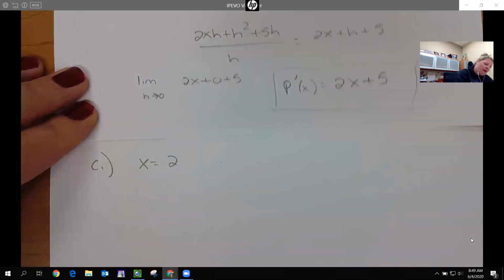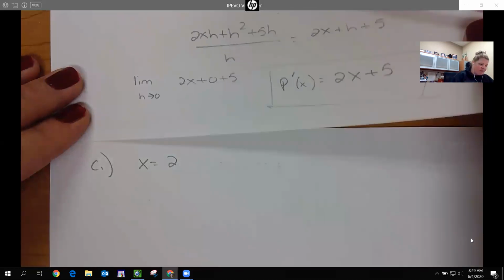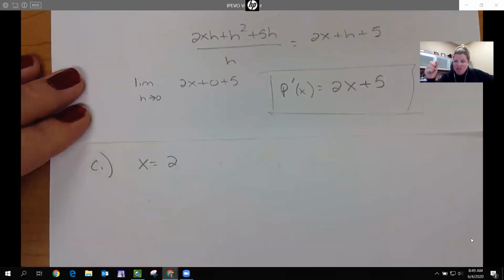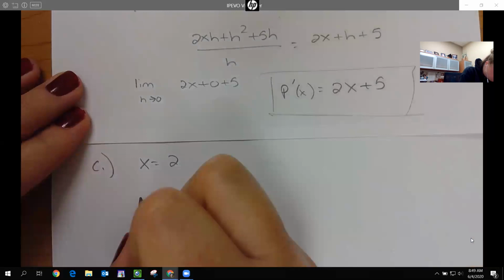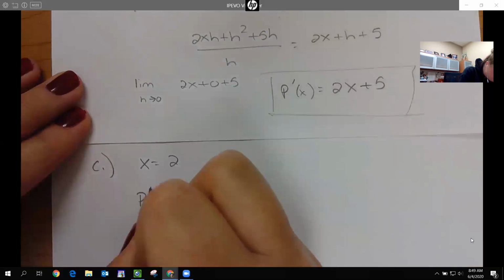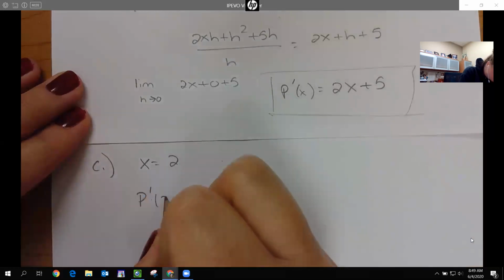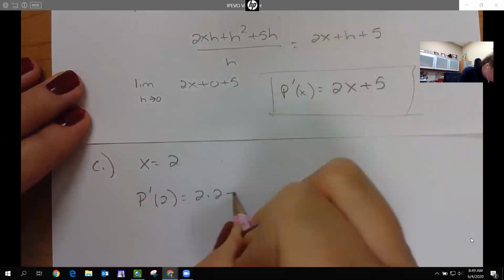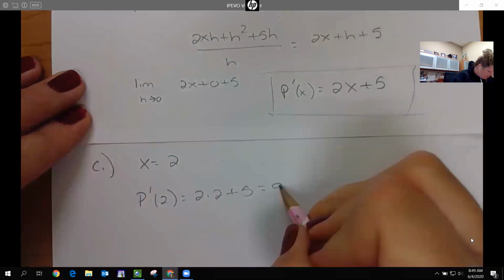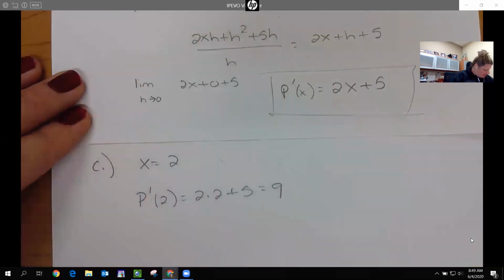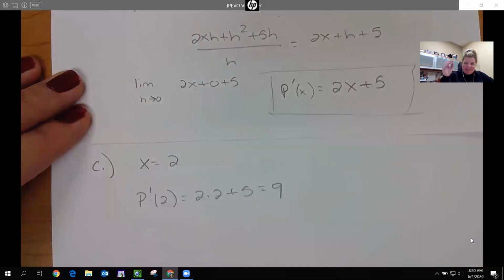Okay, so if x is our number of items, what is the instantaneous rate of change if I sold 2 items? Okay, so I would put that into my prime, my 2, and I would have 2 times 2 plus 5. So 2 times 2 is 4. 4 plus 5 is 9. So this means when we sell our second item, the profit is increasing at a rate of